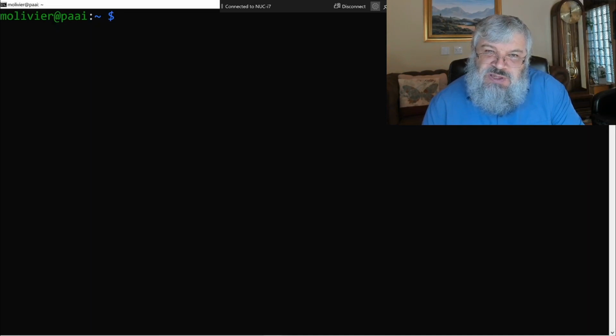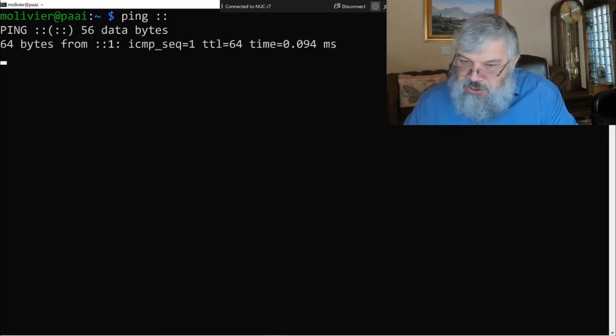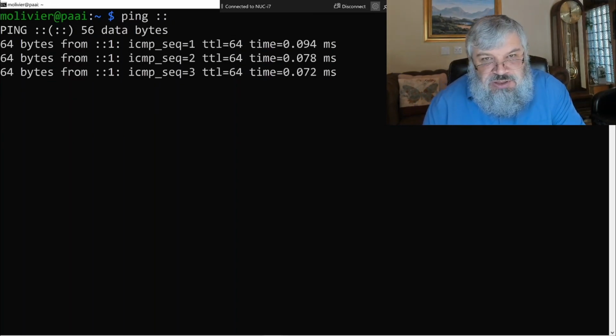In earlier examples, I pinged the machine on which I was working by using the auto-configured address of that machine. However, this raises the question, is there a localhost address, one that always refers to this machine, without me having to look up some auto-configured address? And the answer is yes. In IPv6, localhost is denoted by a string of all zeros. With zero suppression, the address becomes just colon, colon. So pinging it would simply mean ping and colon, colon, and I am getting responses back.